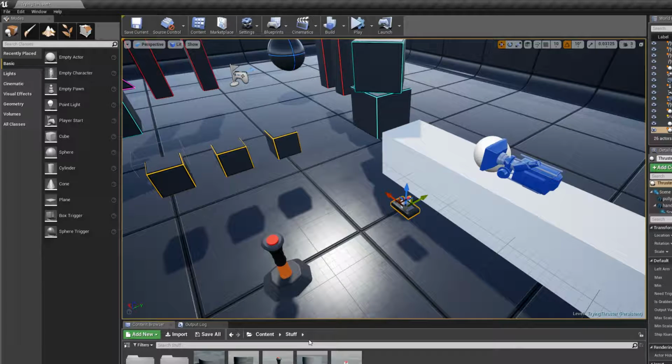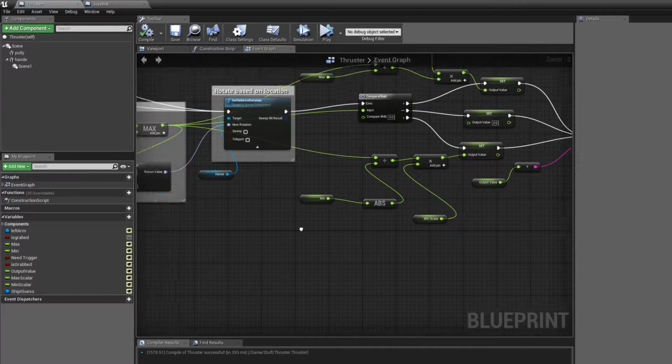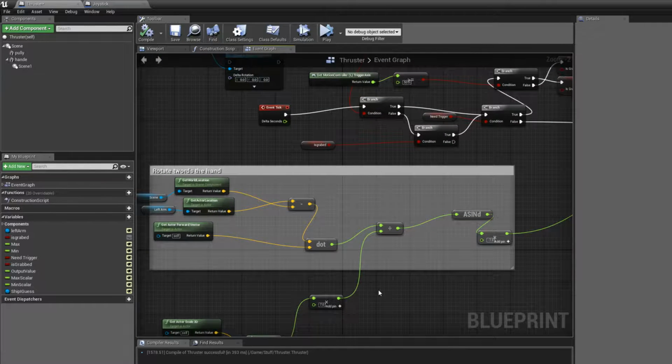So I spent a lot of time in this milestone working out those bugs, and I actually reworked a lot of the way the thruster and the joystick worked. Originally, I had them set so that they would rotate themselves towards the hand. There's a function called rotate towards, and what it does is it essentially creates a rotation that takes one object